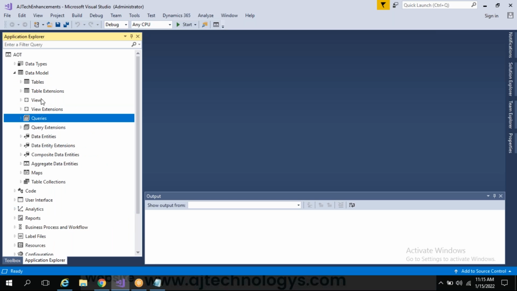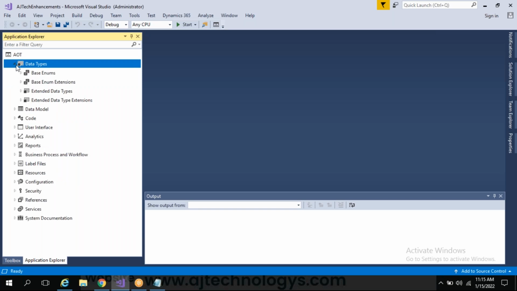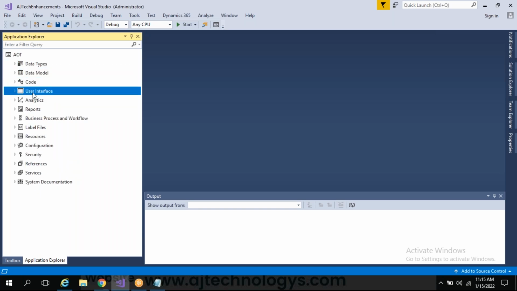These are the things. Here we are going to write the programming and customize the product using the Visual Studio IDE. IDE means integrated development environment. Okay, I got that only one person knows about Visual Studio. Fine, no issues. And here we are writing X++ code. Here the data types and data model, code, user interface, everything we can interact with